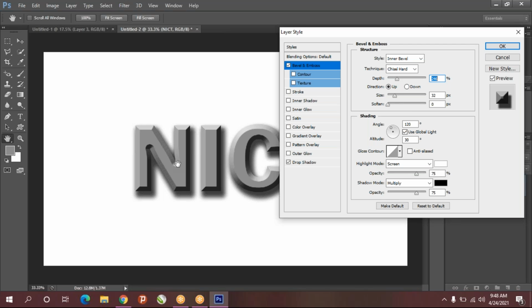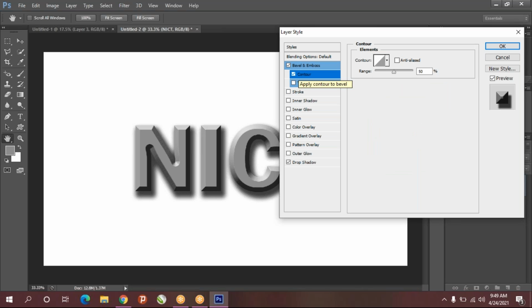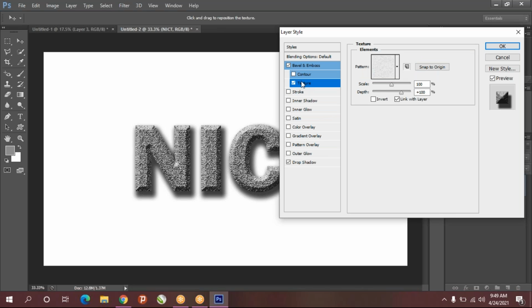So now I want to give a feel like steel. Go to contour, but instead of contour you go for texture. Okay, after clicking on the texture you will get texture options, and depth you can reduce how much you want. Yeah, this is enough.